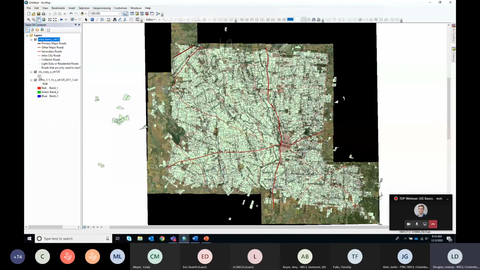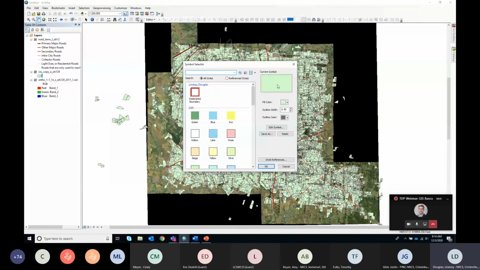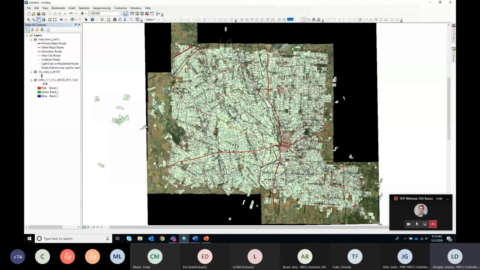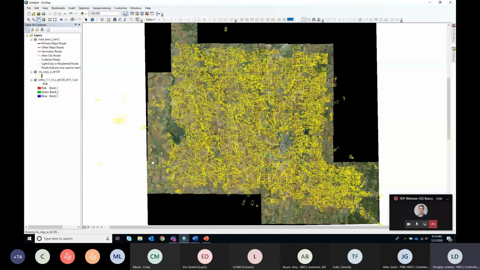So for the time being, I'll do the quick change here for our clue layer because it's driving me crazy. I'm going to make the fill color hollow, and then I'll make its boundary yellow for the time being. Make it a size 1 and say okay. So that changed how that looked. If I were to go back here,